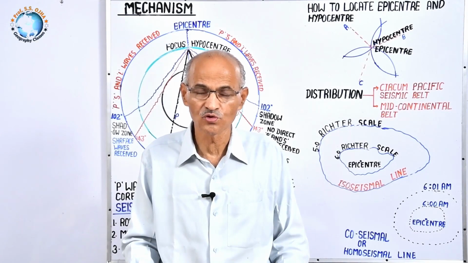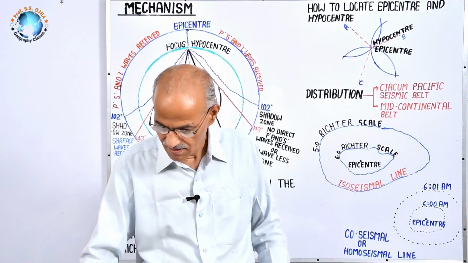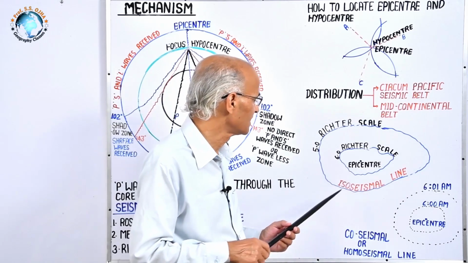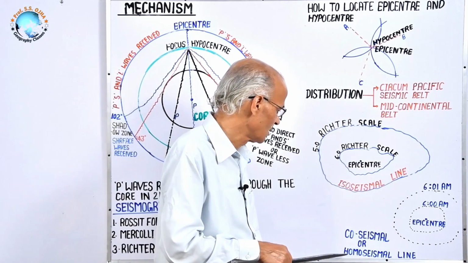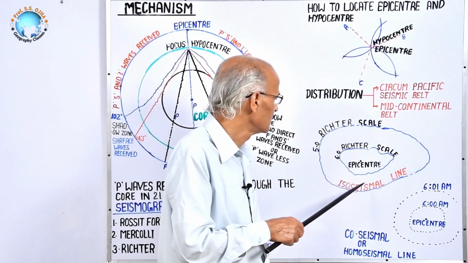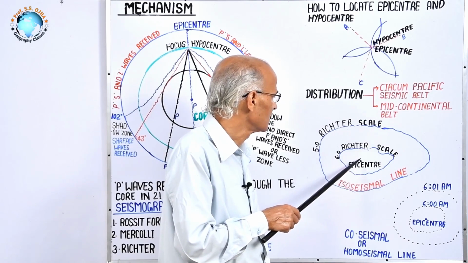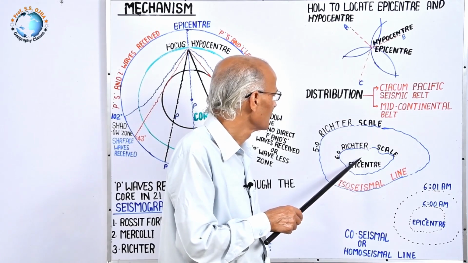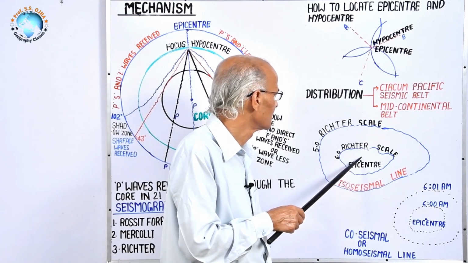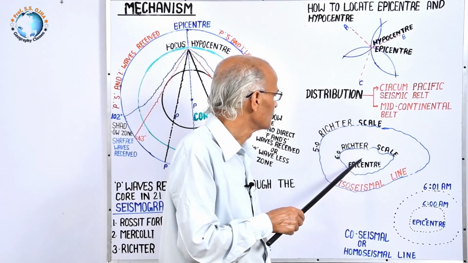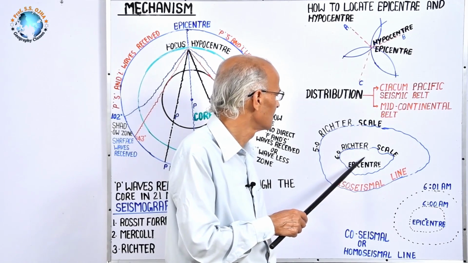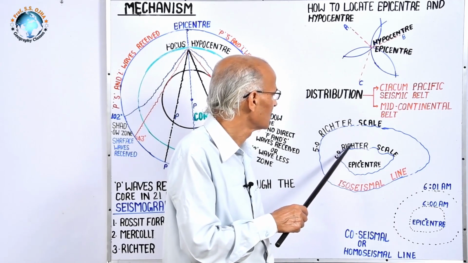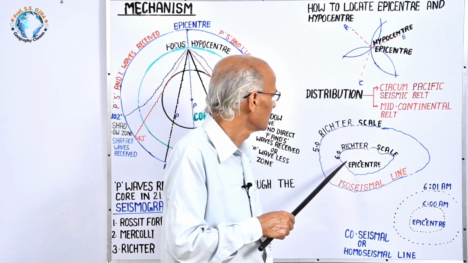In seismology, to show the impact of seismic waves, maps have been drawn. In those maps, two types of lines are drawn. One is isoseismal line and second is coseismal or homoseismal line. What is isoseismal line? Suppose this is epicenter on the earth where the first seismic waves reached, and here suppose the Richter scale was 7 at this point, and around this there are a number of places where the intensity